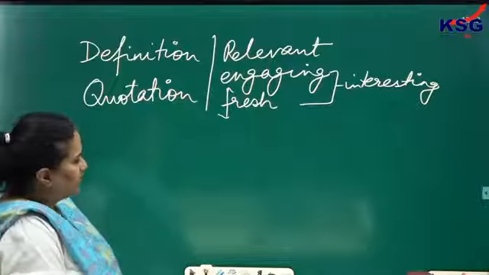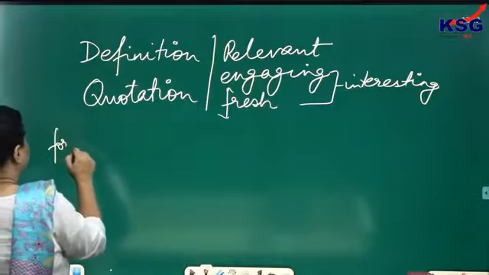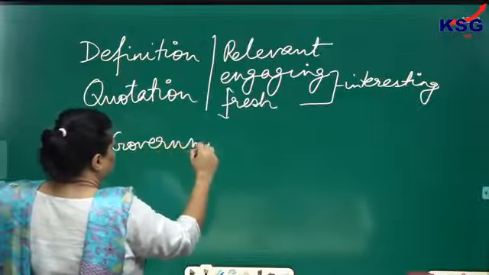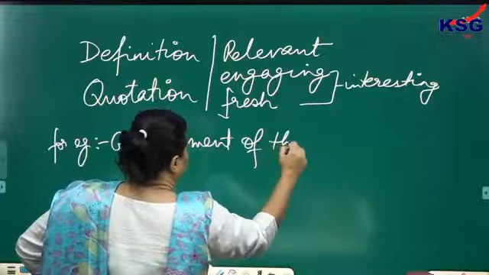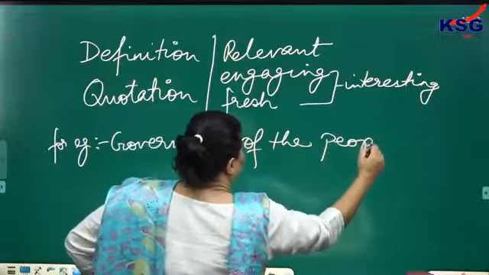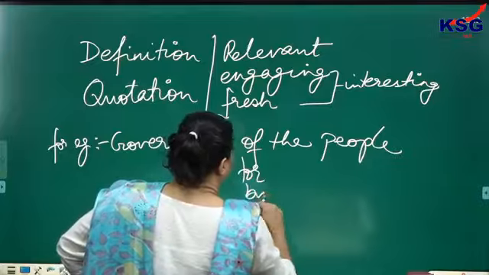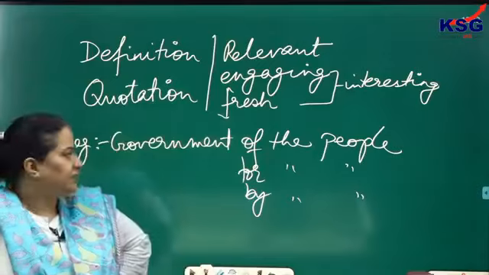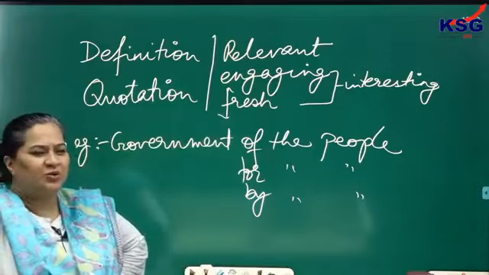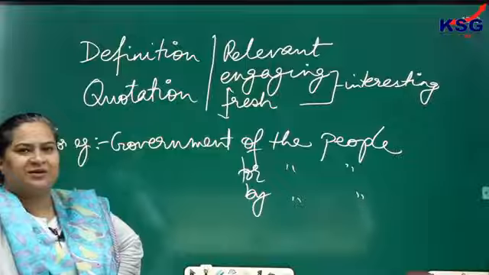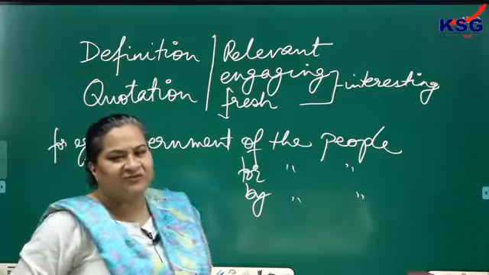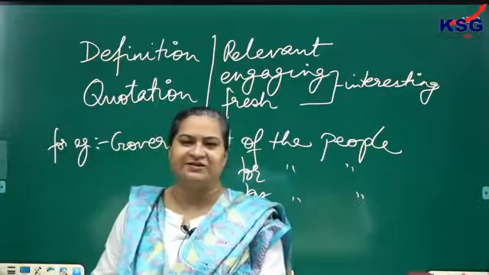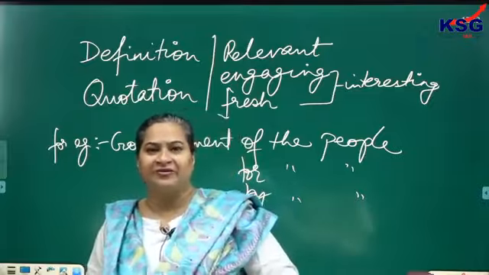What do I imply? Let us say, for example, the moment few students write down government of the people, for the people, by the people, what happens after reading this? The moment you read this, you're like, oh my God, why is the child not writing something fresh? If this quotation is given, or in the form of a definition, by a student who is in standard 5, you applaud.